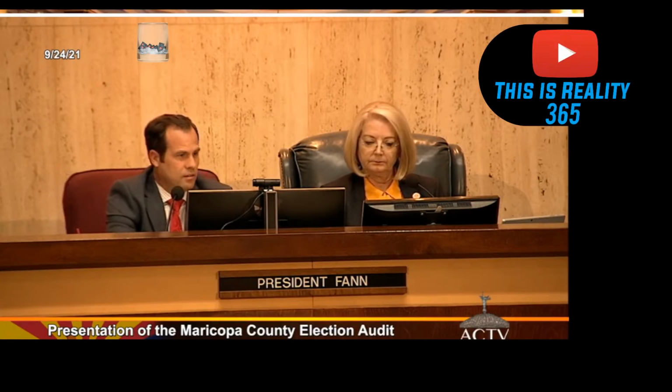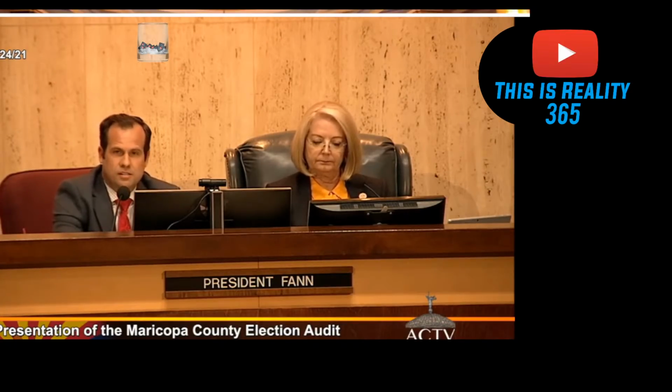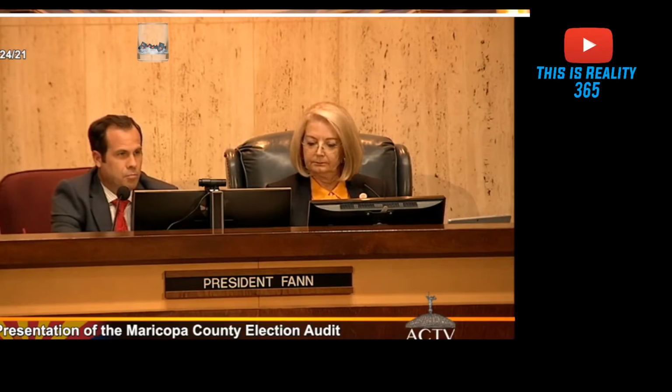The goal here, as the president has said, is election integrity. Our citizens have demanded it. The importance of our society having faith in the election process cannot be overstated. The number she gave of people who had concerns was significant. But even if it was much less, it would still merit this type of an audit to bring reassurance to our